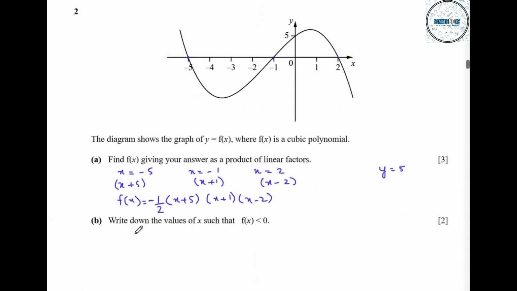B part, write down the values of x such that f of x is less than 0. F of x is less than 0, it means that we have to consider the part which is below the x-axis. This part and this part. On this part of the curve, the values of x lie between